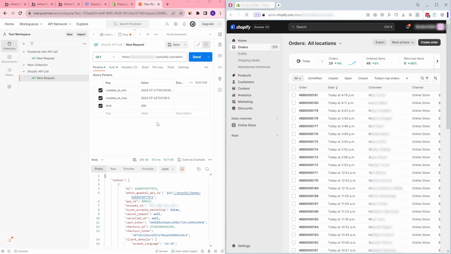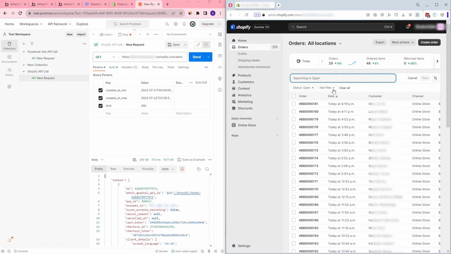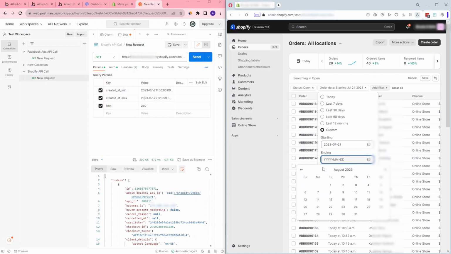What we have here is Postman on the left to test the API calls, and Shopify on the right, so we can see the data that we might actually be looking at. Right now, we have a limit of 250 and a date range between July 21st and July 22nd. And so without setting the status, that also means that these are only for open orders. So the equivalent of what we would see in Shopify would be if we were to filter for open orders only. And if we were to add additional filters, we would select the date and select between July 21st and